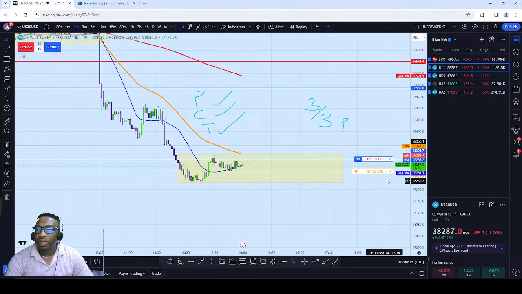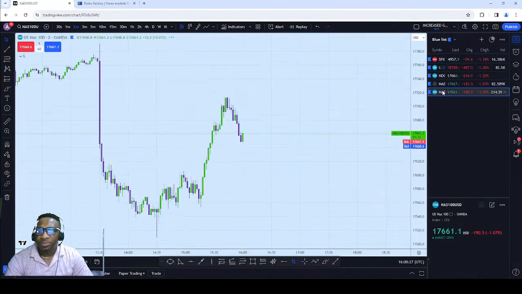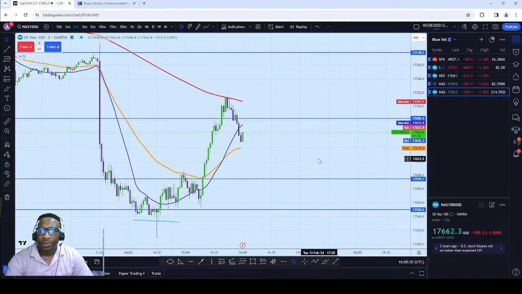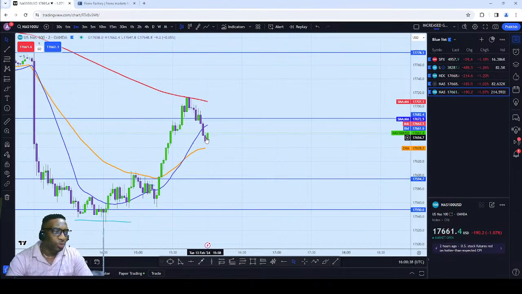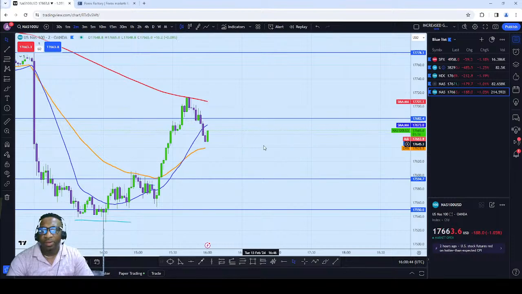So let's quickly look at NAS. I think there's something cooking up there. Okay, we have NAS. Come back to the blue line. Now it's looking like it wants to take out, or it has taken out the last candle here. So on that note, I will go in for